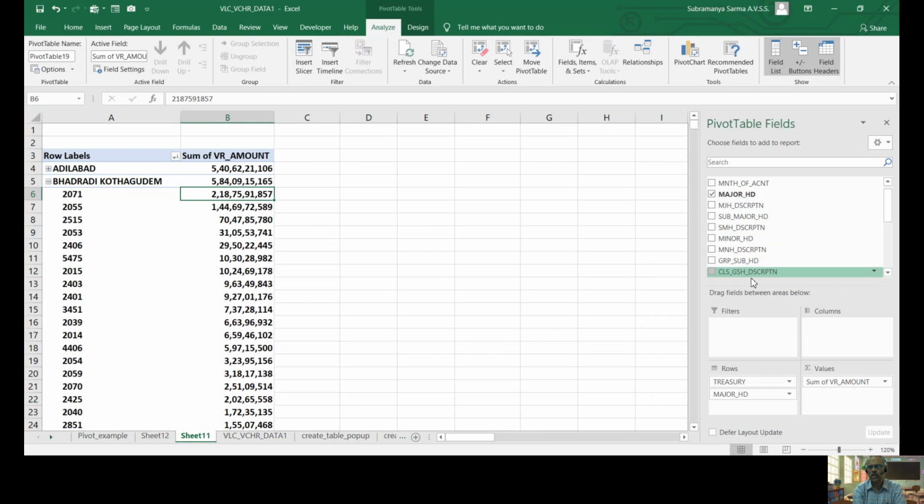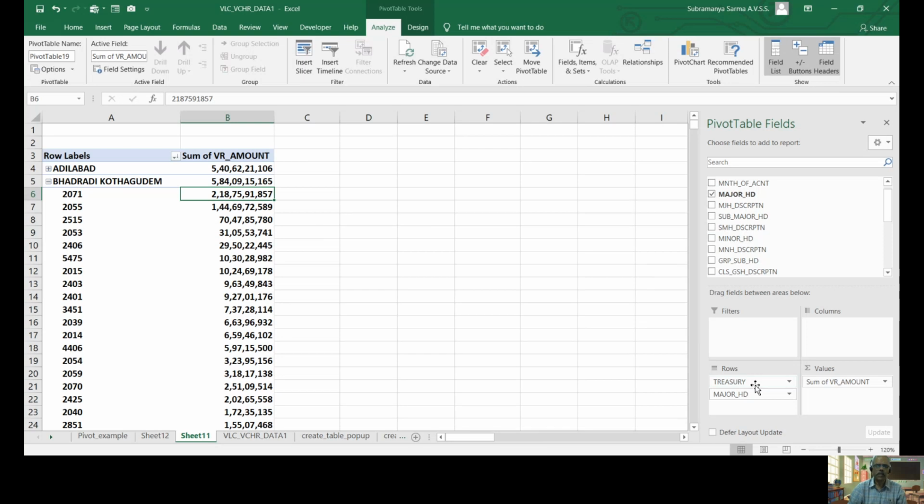Now I'm sure you understood the purpose of these four boxes: rows, columns, values and filters. Whatever field you drop in the rows will appear as rows, and whatever field you put in the columns will appear as a column. Any number field you put in the values, it will prepare summarization based on that field.